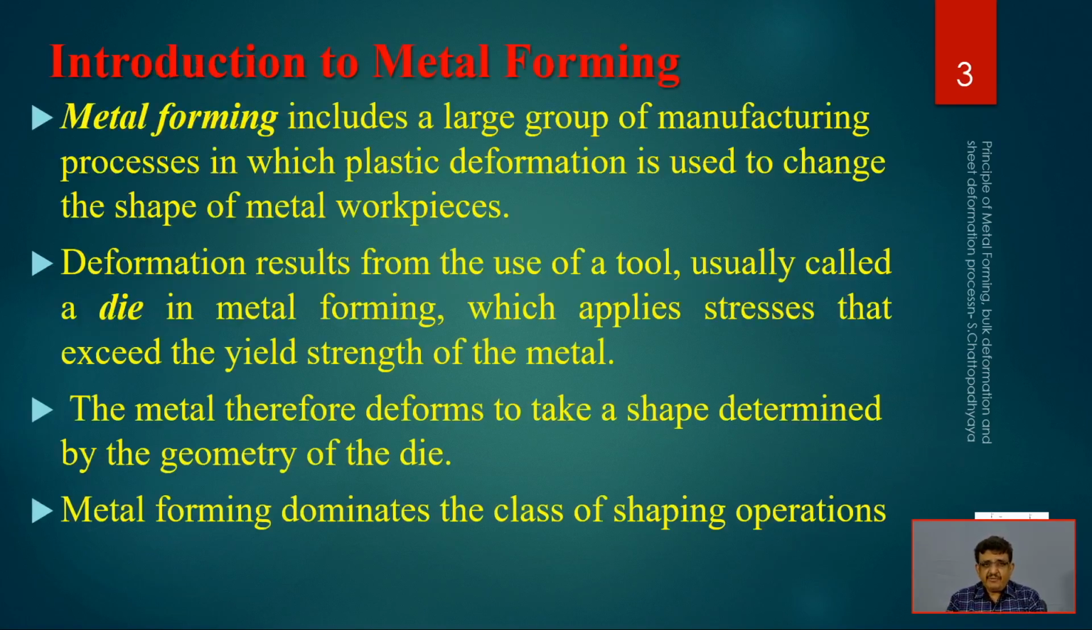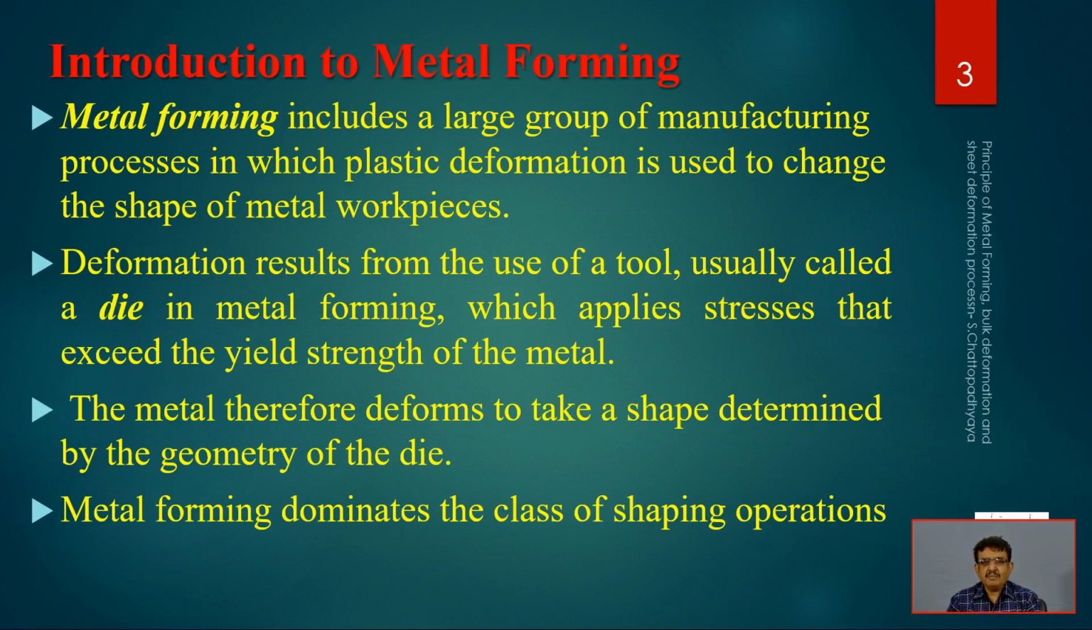So what is metal forming? Metal forming includes a very extensively large group of processes, which is plastic deformation, used to change the shape of the metal workpieces permanently. That is why it is a plastic deformation process. Plastic means it is deformed under stress but permanently. Elastic means it will go back to its original dimension. That is the difference between elastic and plastic, and we are very much interested in the plastic deformation process,